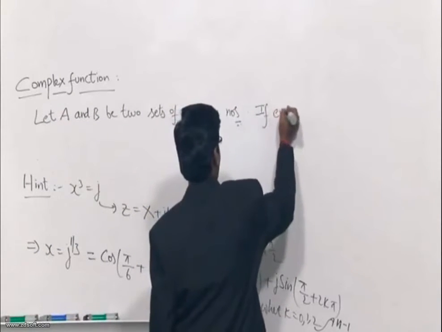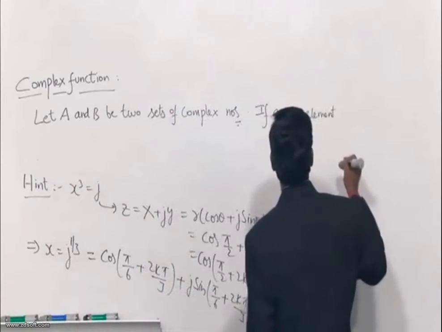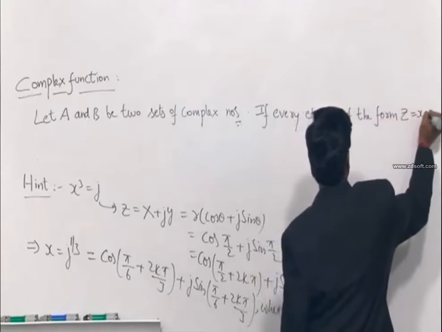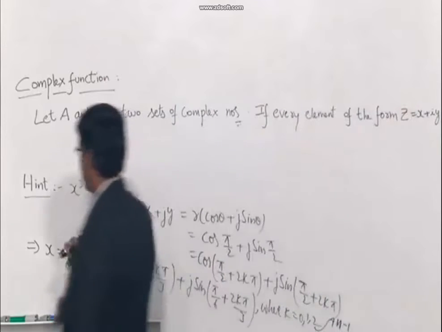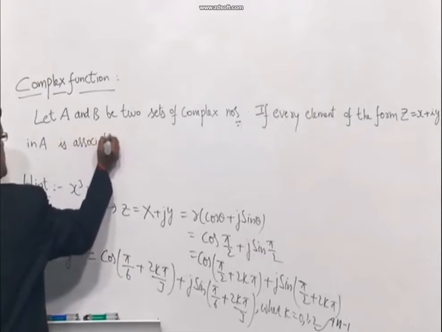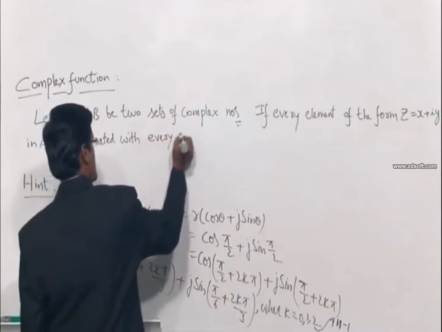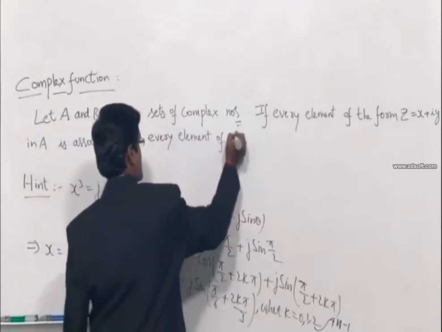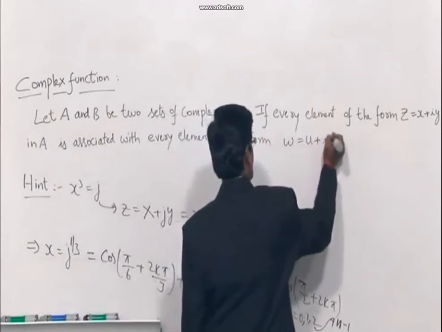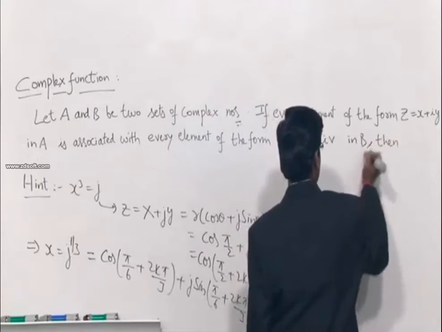If every element of the form z is equal to x plus iy in A is associated with every element of the form W is equal to U plus IV in B, then